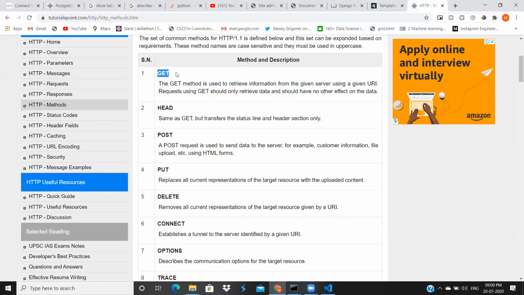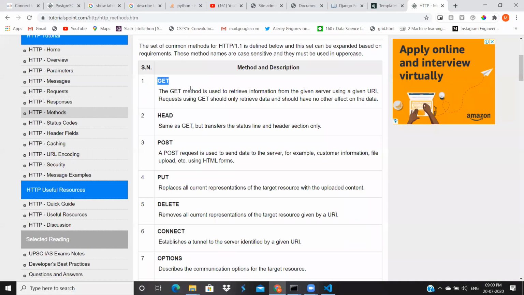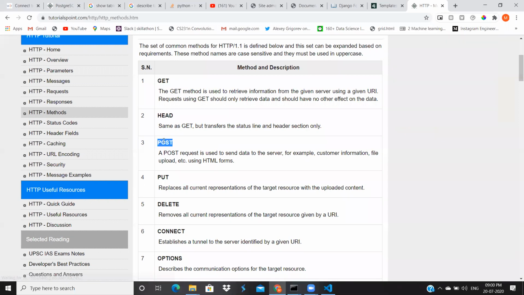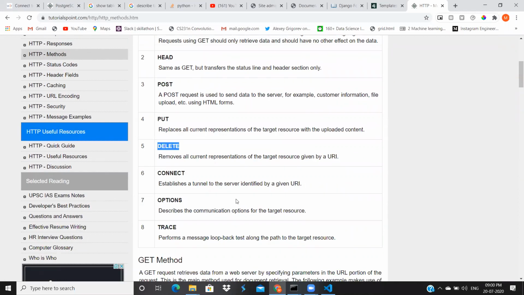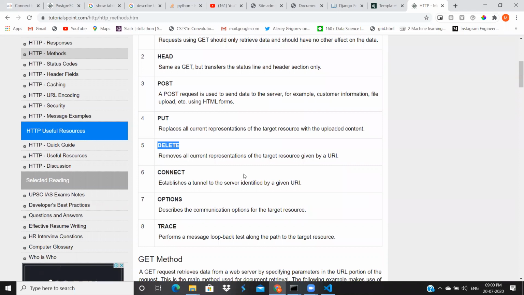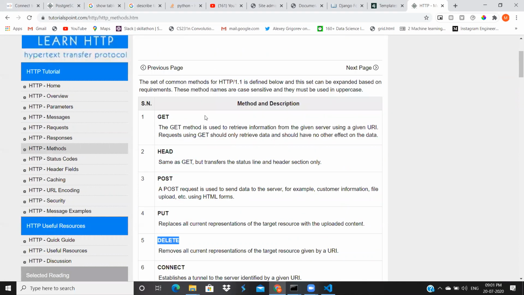These are called HTTP methods. These are generalized methods. These methods are not related to Django. These methods are related to backend things; when you're dealing with backend frameworks, you will get these methods. Get is to get information from the server. Post is where you're sending your data to the server. Put is where you're updating your information. Delete is to delete already existing information from the server. The other options like trace, forget about them now. We're mainly focusing on get, post, put and delete.